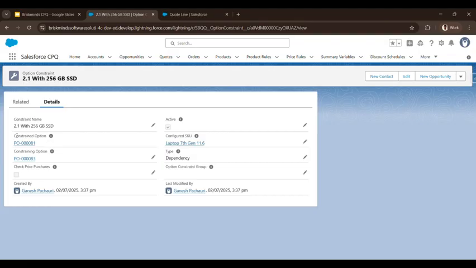There is constrained option and constraining option. These are the product options. You have to pick them carefully. For the constrained option, like we will select here 2.1 gigahertz goes with 256 GB SSD, and the type is dependency, which means the 2.1 gigahertz CPU will depend on the 256 GB